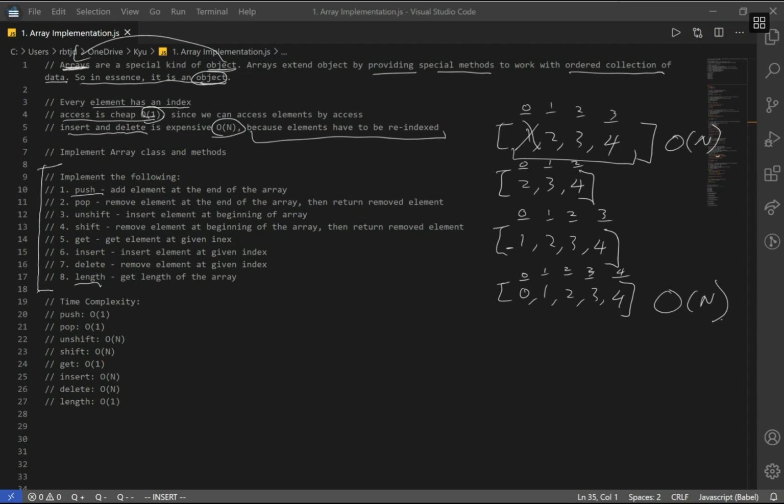Now I do have all the time complexities over here for all the methods that we are going to implement. And again, these are the methods that we want to be able to implement. I don't think this is going to be too hard, but I think it's a really good starting point for